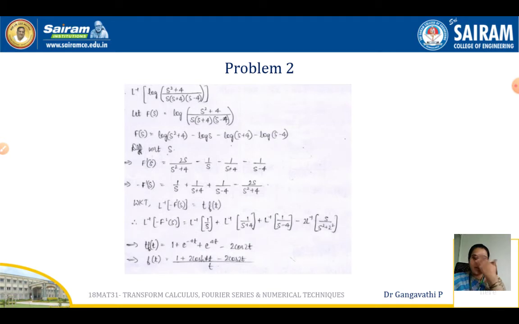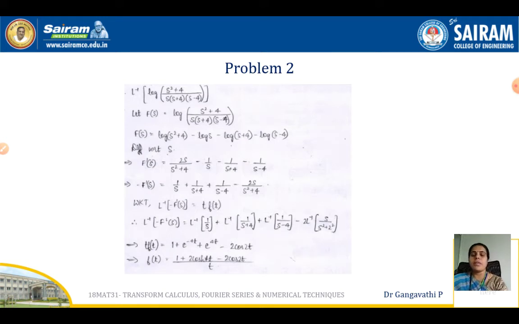One thing that you can observe here in the denominator of the given function is that it is in the form of a plus b into a minus b. So let us use that concept, and then we have to proceed further with partial fractions, and then find L inverse. This is the way you need to analyze the problem in the beginning. Try to analyze, so that solves 50% of your work, and then later on it is all working out of the problem.